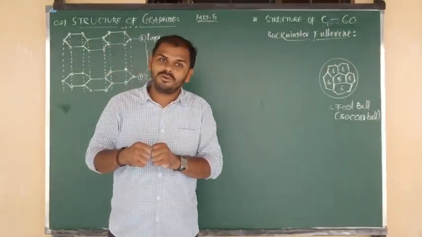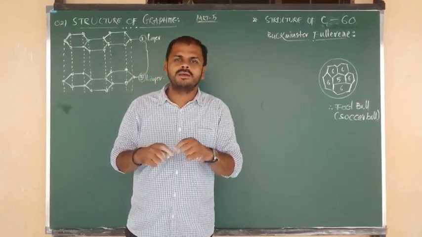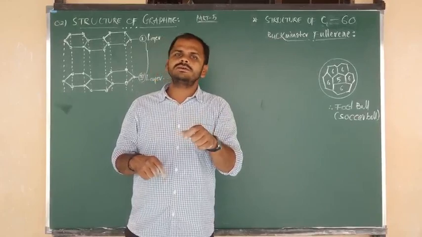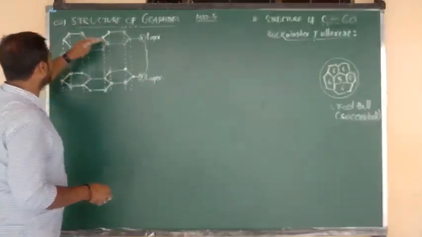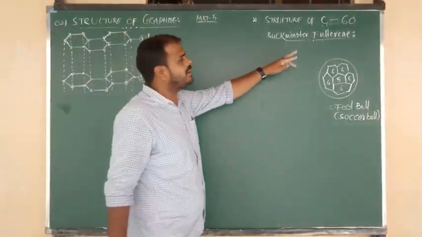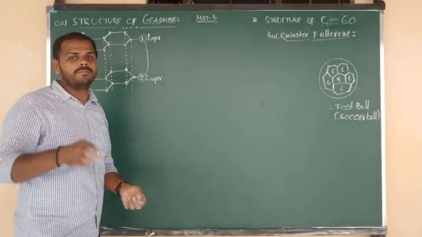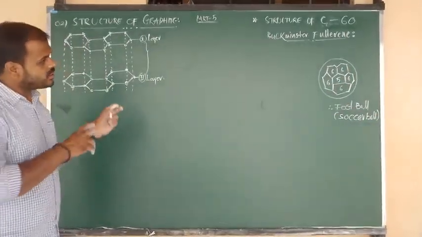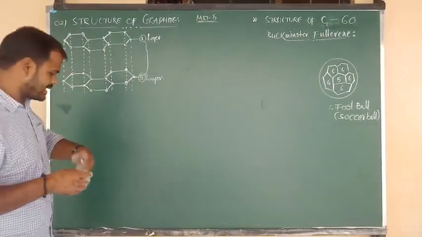The structure of diamond, along with its uses, I have already given in the last class. Now in this class, I am going to finish the remaining two crystalline allotropes of carbon, their respective structures along with uses. Number two is the structure of graphite, and one more is the C60 fullerene. So about these two types of crystalline allotropes of carbon we are going to be discussing now.